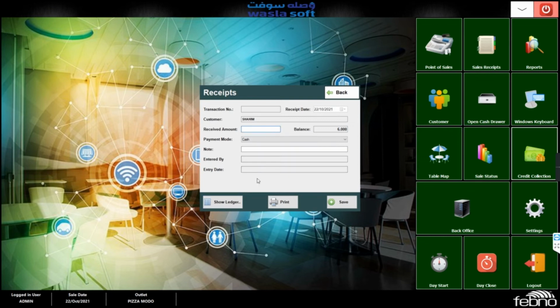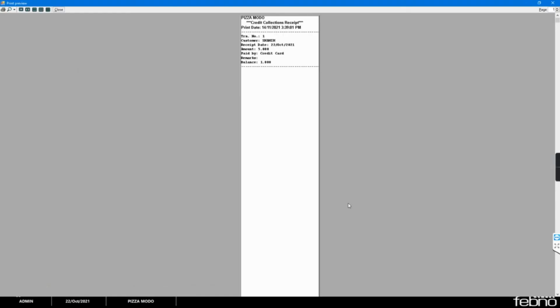You can enter the received amount, whether it is cash or card, and you can save it. Once you save, it will print a credit collection receipt, and it will show how much is the balance for him.